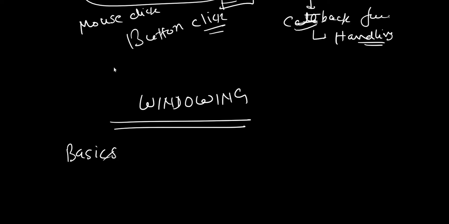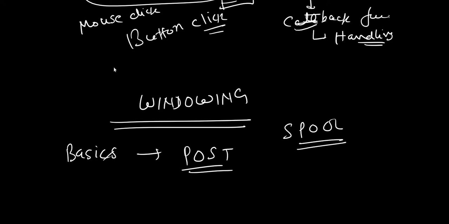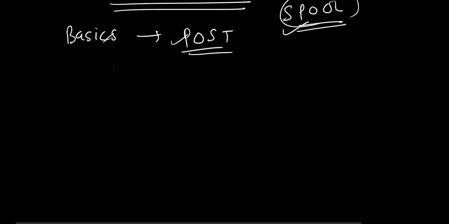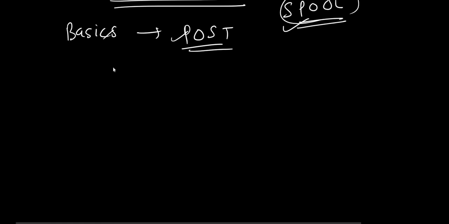What happens when your system gets started? First of all, the power on self-test is performed. All the initial activities like spool, simultaneous peripheral operation online, everything, right? Every initial operation at the time of starting the system, which includes the POST, which means power on self-test, and all the other activities related to the initialization of the operating system, are initiated at the beginning of your system startup. As soon as your system gets started and everything is fine, then what happens? Your operating system initializes a simple thread.